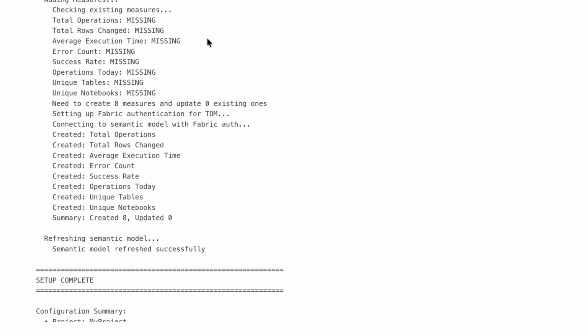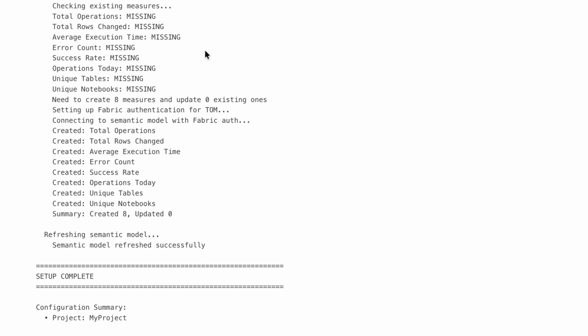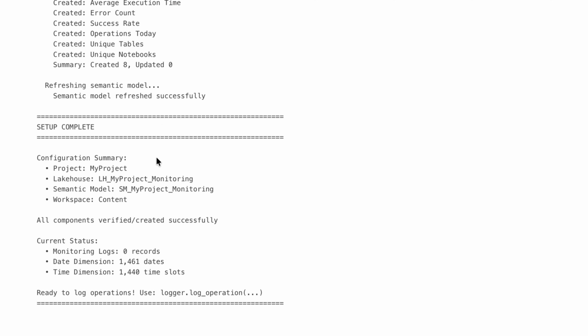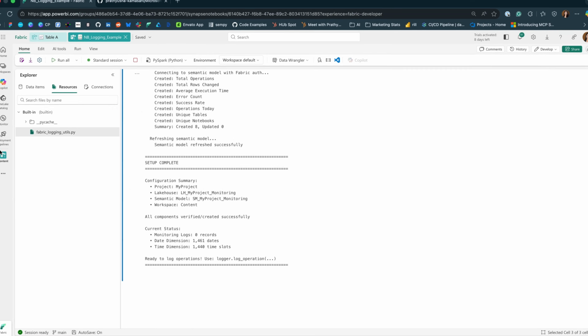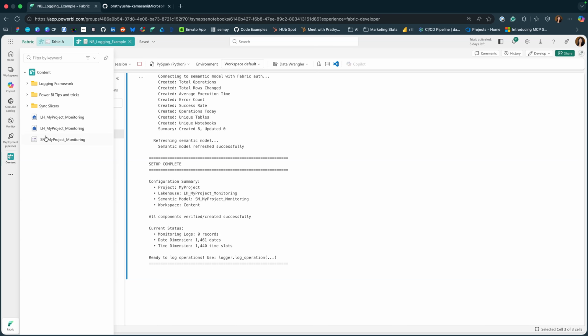And if the measures don't exist, it goes and creates them. If the measures do exist, then it goes and updates the existing measures. So that's basically what happened. So if I go back to my workspace and click on it,